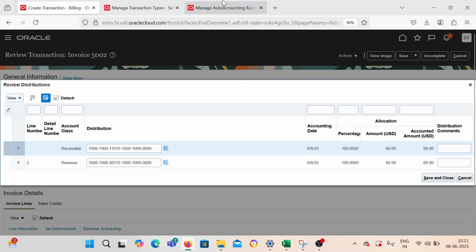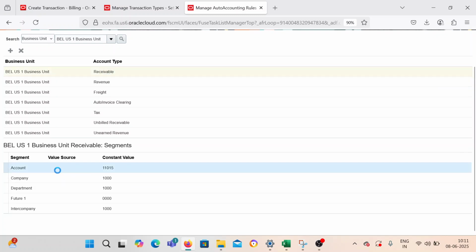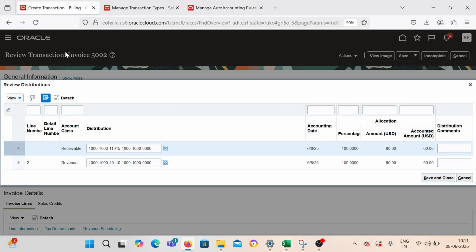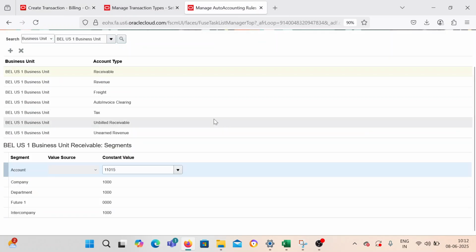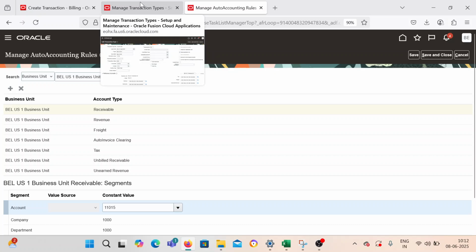So from where has it picked? It has picked it up from the auto accounting rule. During the basic setups, we have a setup called auto accounting rules configuration. So it has picked it up from here. You can see the receivables account. Scroll down. The account is 11015, and it's a constant value. This means the system first looks into the auto accounting rule, and if we provide any constant value like 11015, it will pick it up from here. Correct? Now let me show you why it hasn't picked it up from the transaction type level